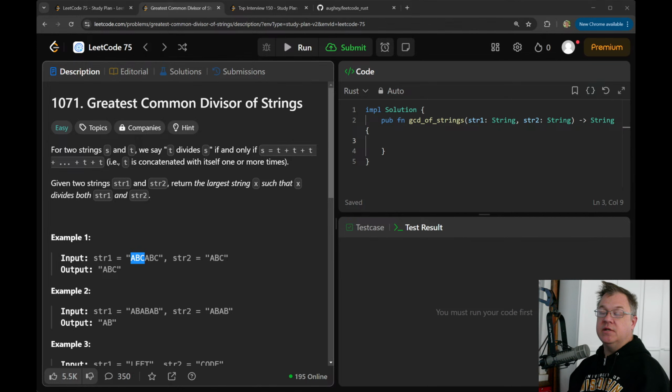So I need to check to see if, actually, let's do it this way. This is actually kind of interesting. Grow string, stir. Let's just call this S. We're going to return an impl of an iterator, where item equals string.